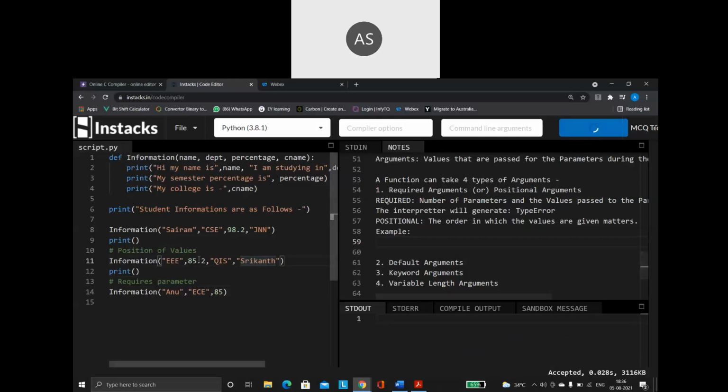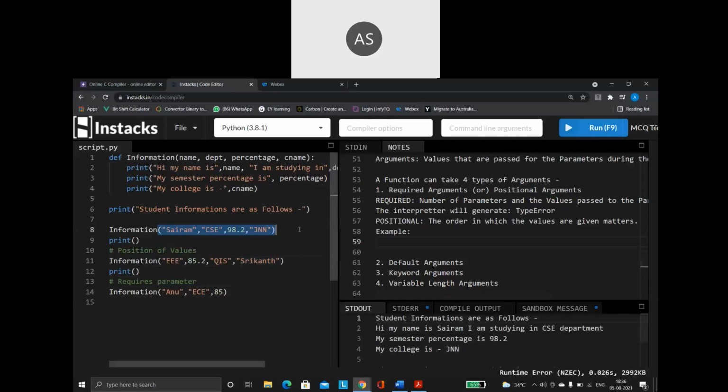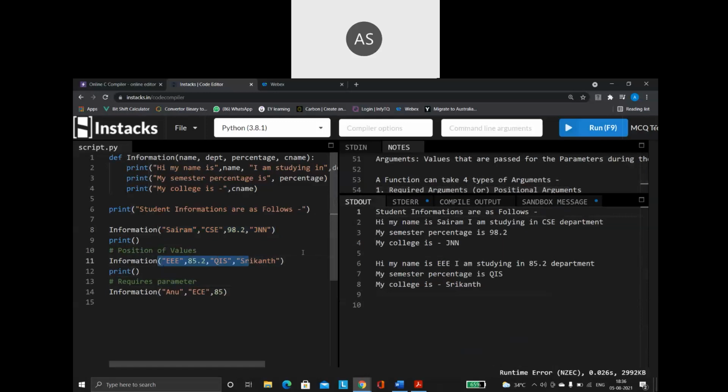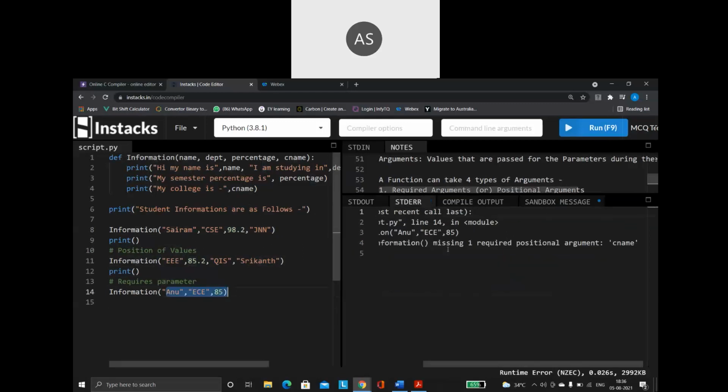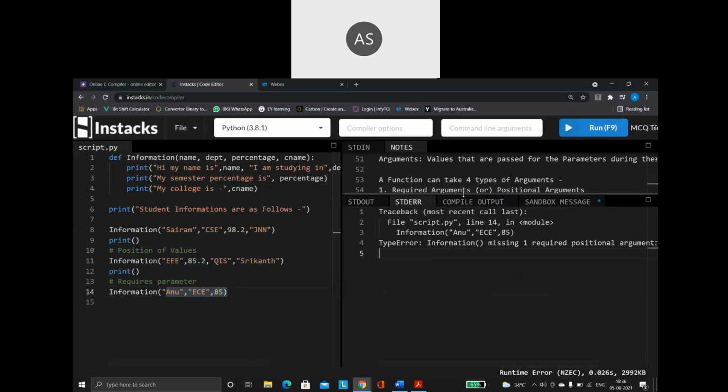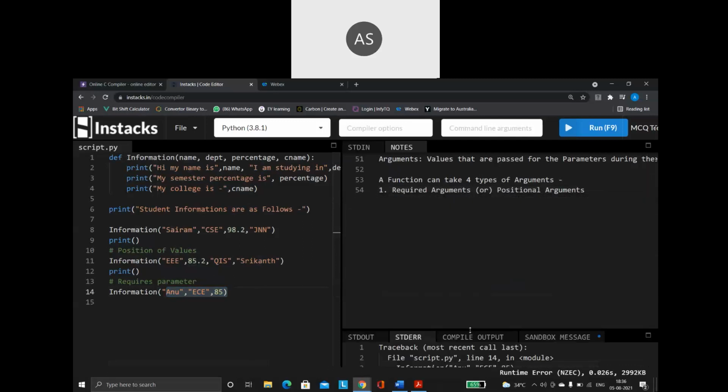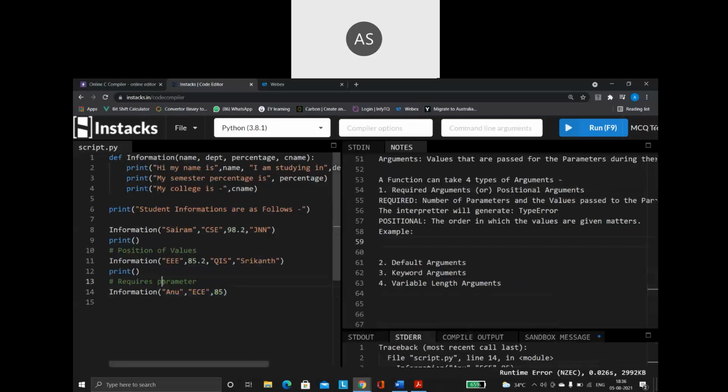When you run this, the first one is a perfect one, no problem anywhere. In the second one, the order is changed, so it is going to be printed in a different manner. In the third one, instead of 4, I am passing only 3 parameters, so it is going to generate an error. Remember, Python is an interpreted language. So until it encounters an error, all the rest of the statements will actually get executed.